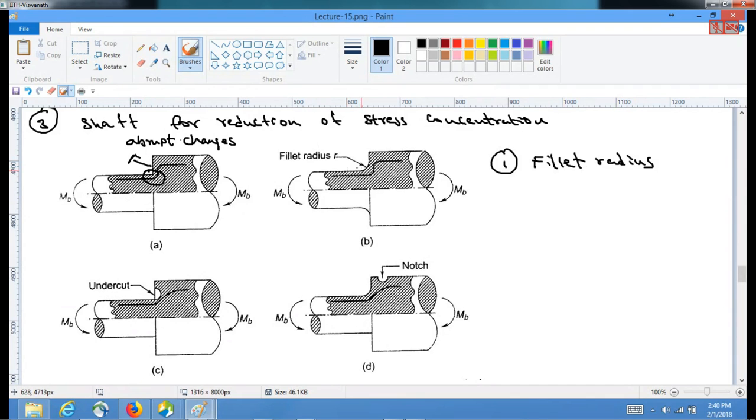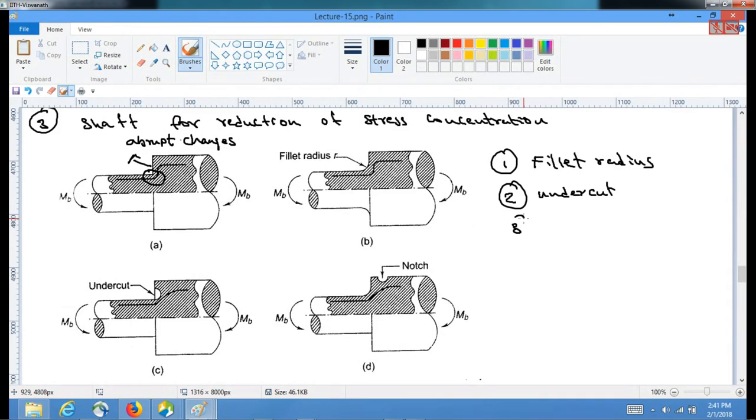So in that manner, instead of a sharp abrupt change, you have a smooth rounding off at this corner, or by doing an undercut at the increased cross section. So this would deflect the stress lines and also the spacing. So that is one way. This is like having an undercut,